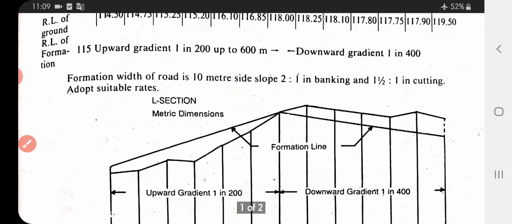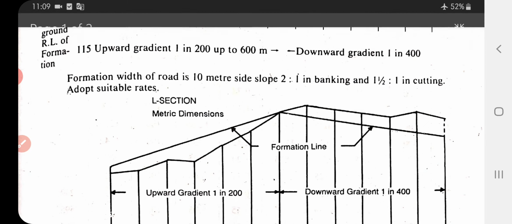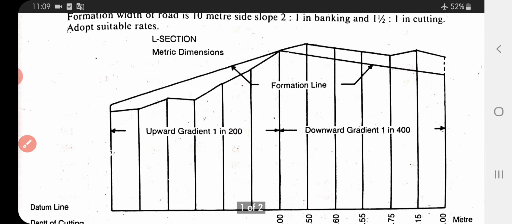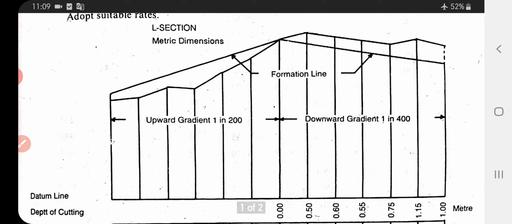Now one more thing, formation width of road is equal to 10 meters, side slope S equal to 2. For banking the value of S is 2, and for cutting the value of S is 1 is to 1.5, that is 1 by 2 and 1 is to 1 by 2. So here you see